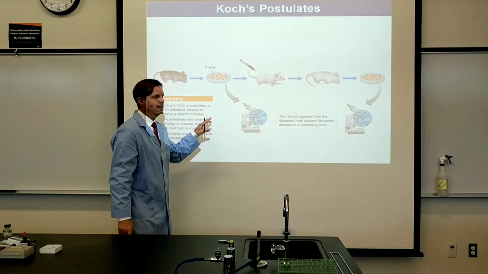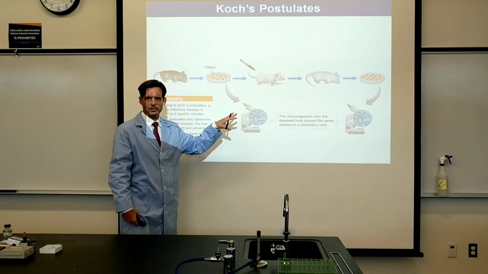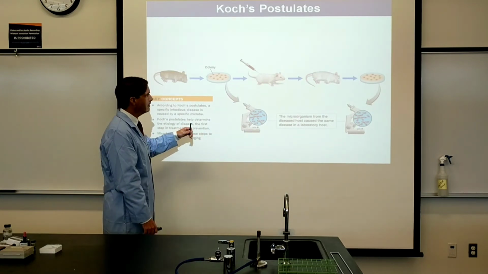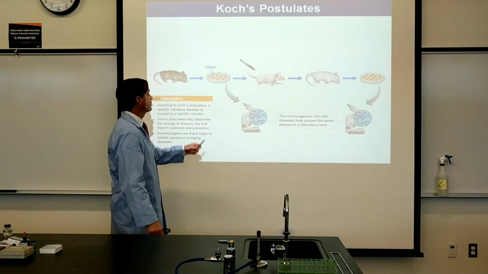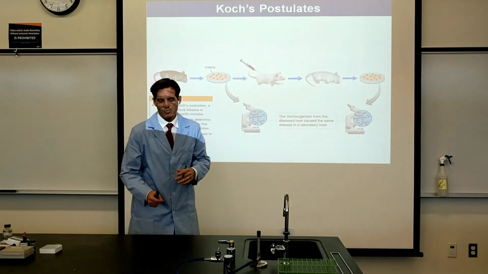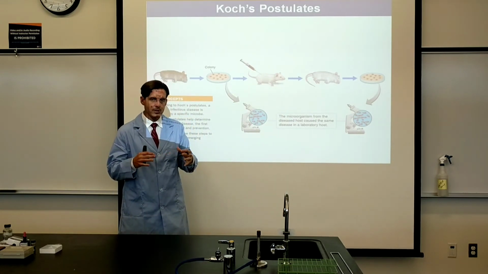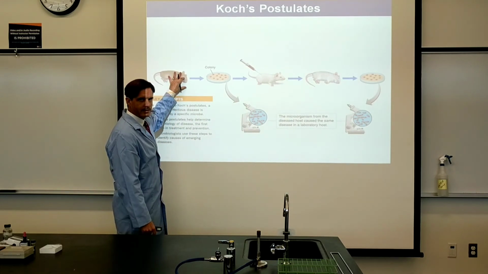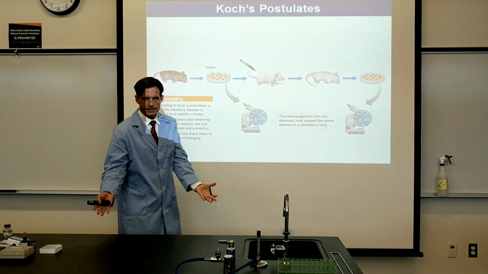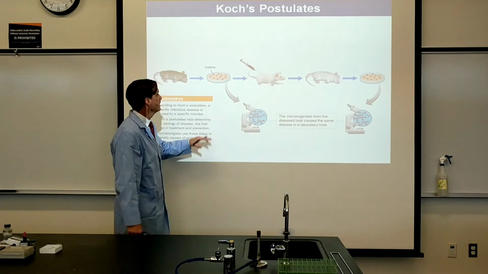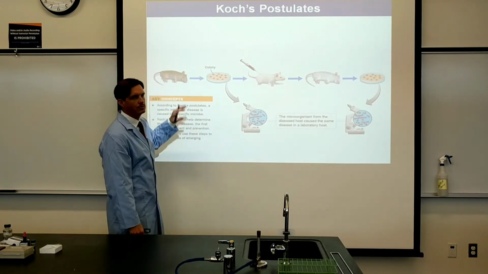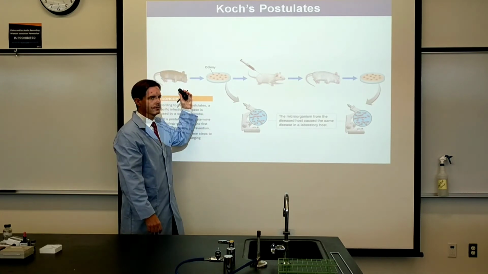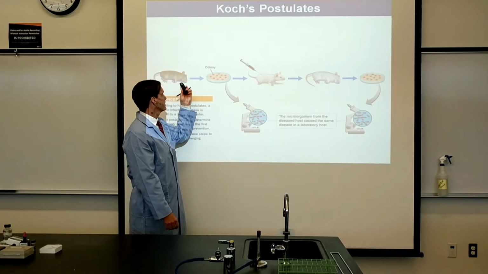And so here's a picture of how Koch's postulates can be achieved. Now, instead of cows, this picture shows mice. And so if you wanted to perform Koch's postulates, you could say, all right, let's find a deadly disease, or let's find some disease process. Doesn't have to be a deadly one. But you find this and you do an autopsy, or at least some clinical sampling from this diseased animal. And so